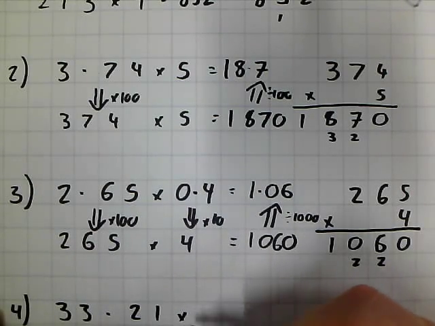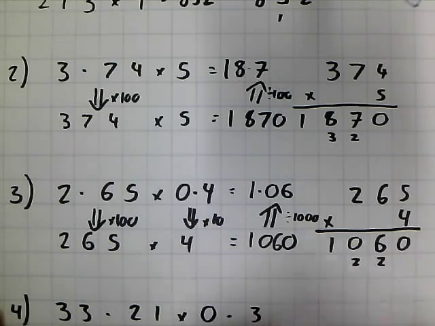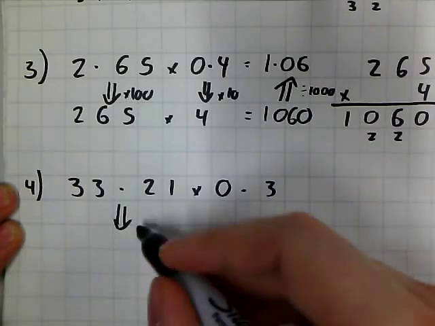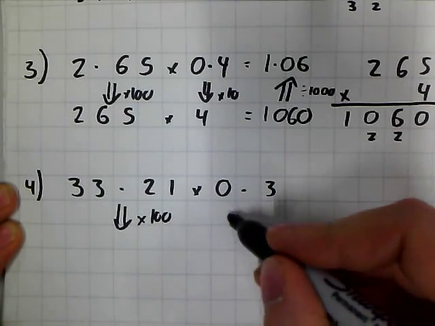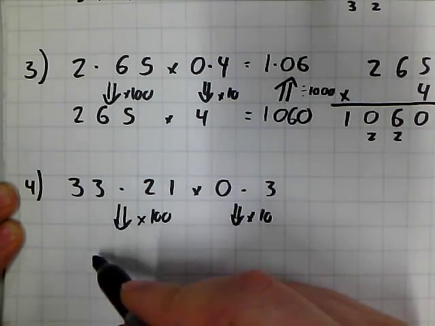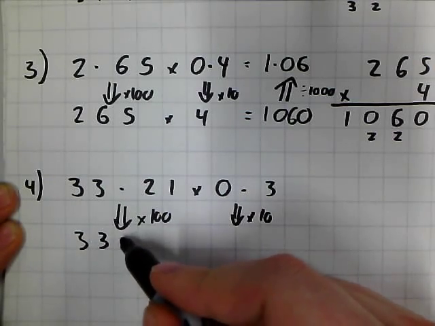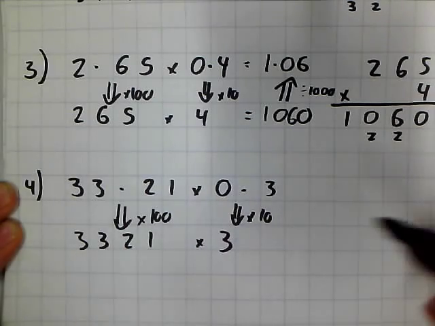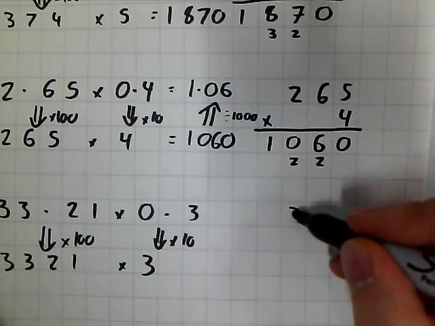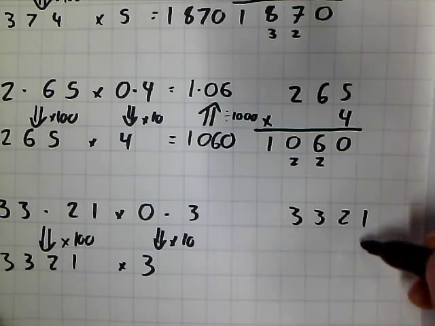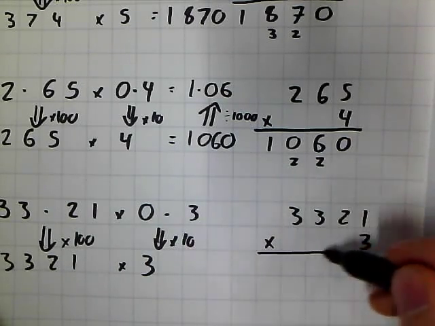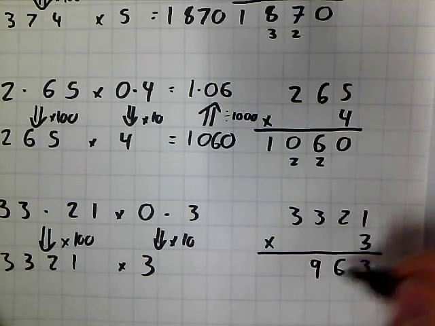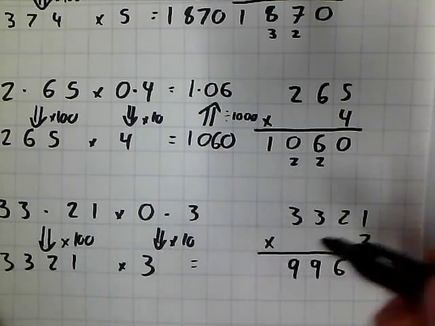33.21 multiplied by 0.3. So I'm going to multiply that by 100 and multiply this by 10. So I get 3,321 multiplied by 3. So I'm going to do that sum here. 3,321 times 3. 3 times 1 is 3. 3 times 2 is 6, 3 3s are 9, 3 3s are 9. So that gives me an answer of